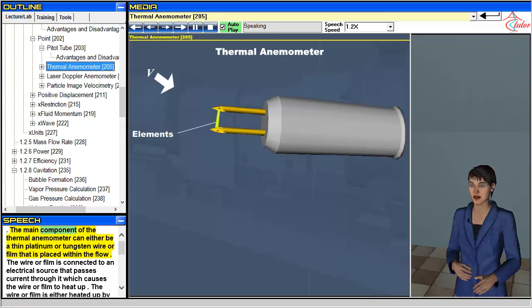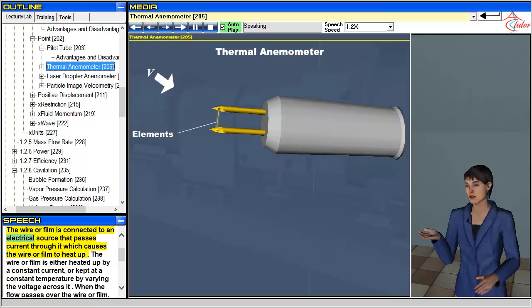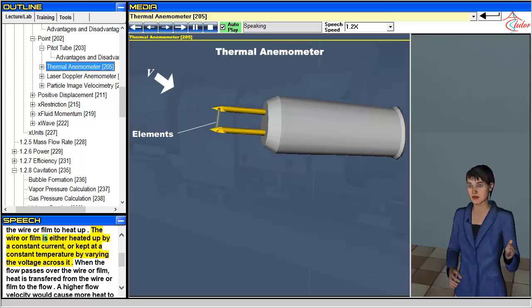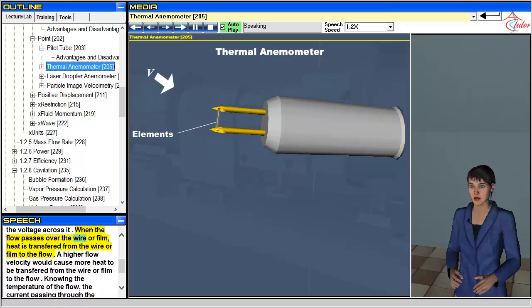The main component of the thermal anemometer can either be a thin platinum or tungsten wire or film that is placed within the flow. The wire or film is connected to an electrical source that passes current through it, which causes the wire or film to heat up. The wire or film is either heated up by a constant current, or kept at a constant temperature by varying the voltage across it. When the flow passes over the wire or film, heat is transferred from the wire or